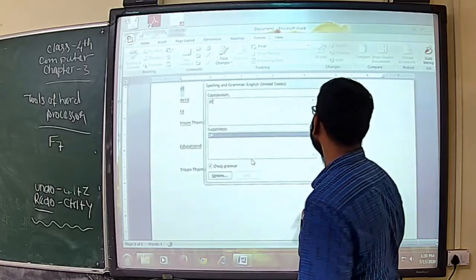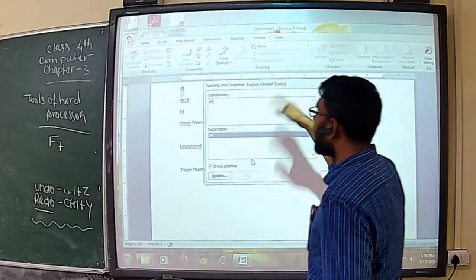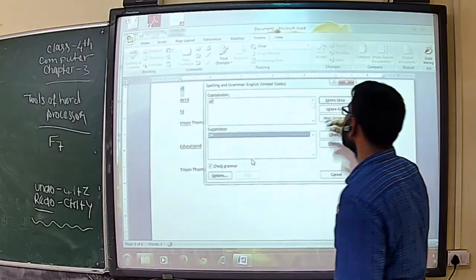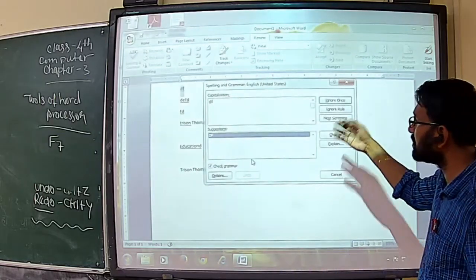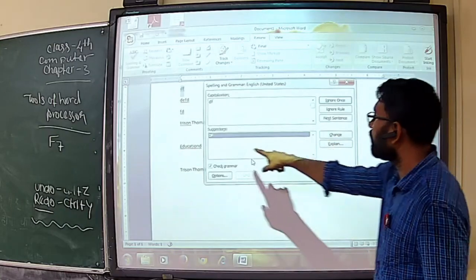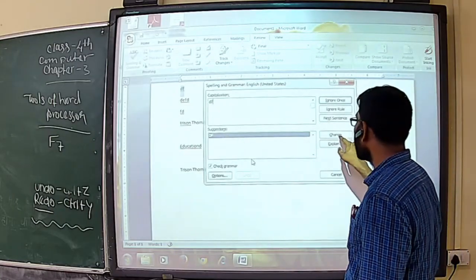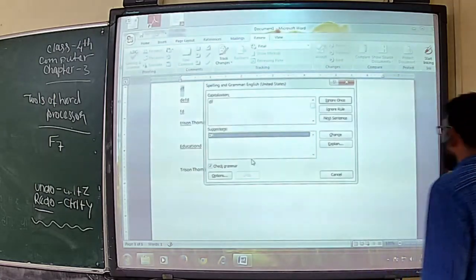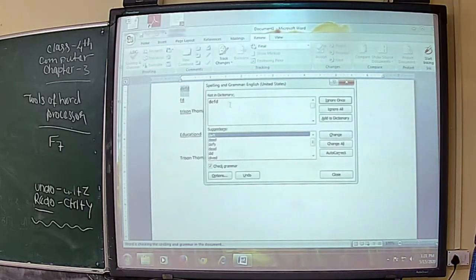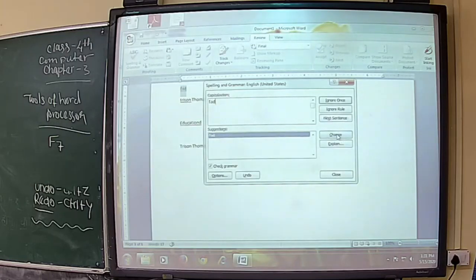Ignore rule. We can create rules, so all the matching text will get triggered. Next sentence, we can choose the next sentence and change it. If we select a suggestion word and click the change button, the DF will be properly changed. What happened? The DF changed and defeated changed. Every text will be changed according to the suggestions. Clear?